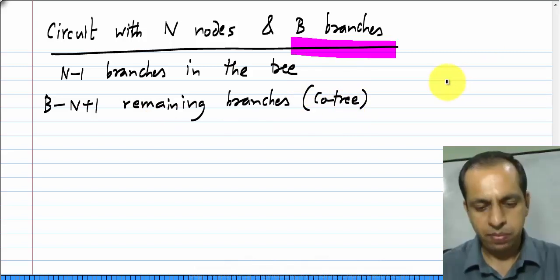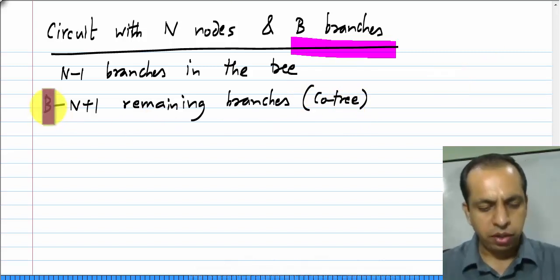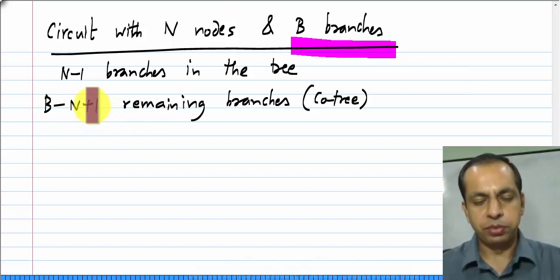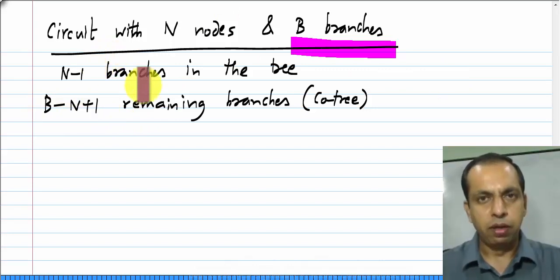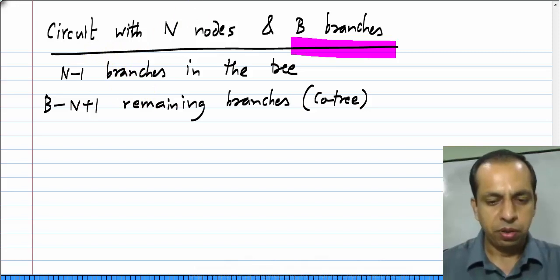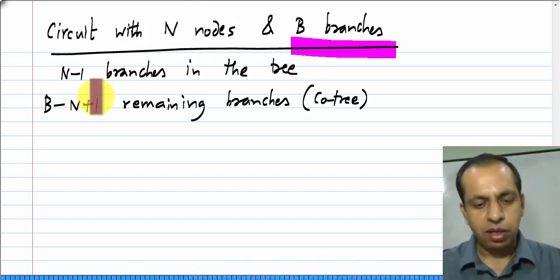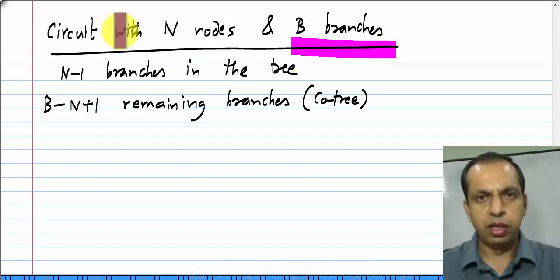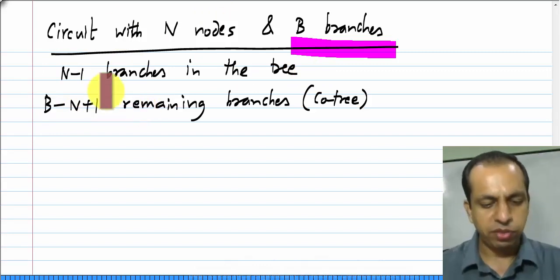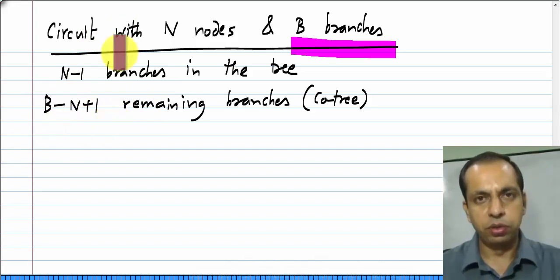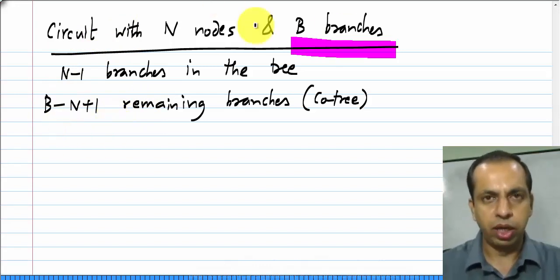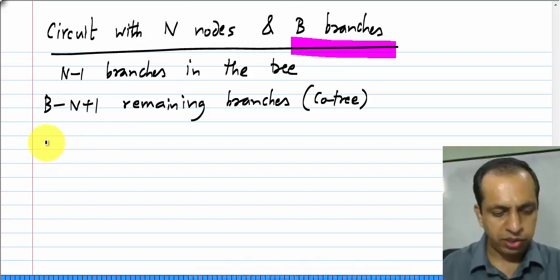Okay. Now, introducing each of these B minus n plus 1 branches to the tree will form a new loop. Okay. So, what you do is you first form a tree and then you take these branches one by one and add them. That is, you take one of these branches, you form one loop, and you remove that, you take another branch, you form another loop, and so on. Okay. So, in our particular example,